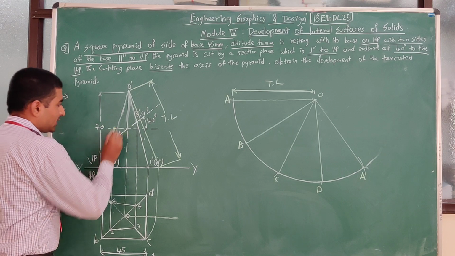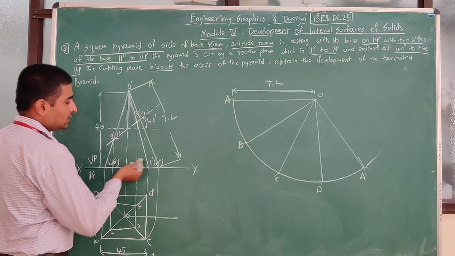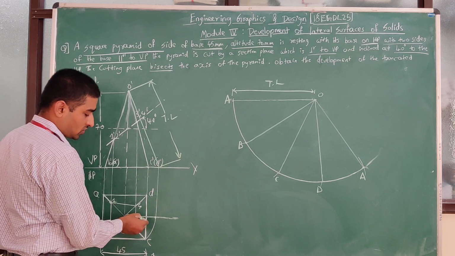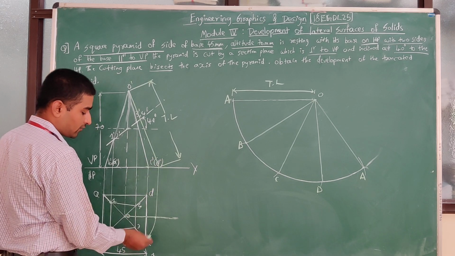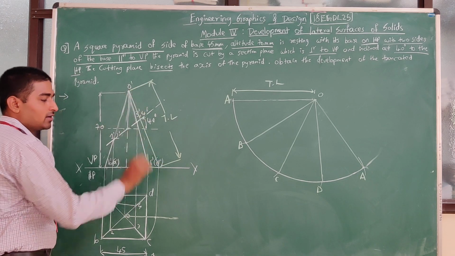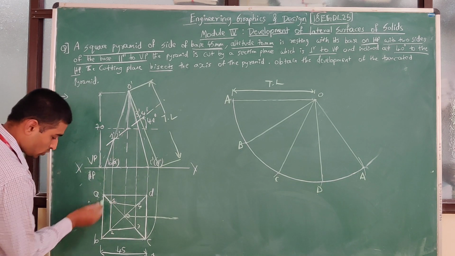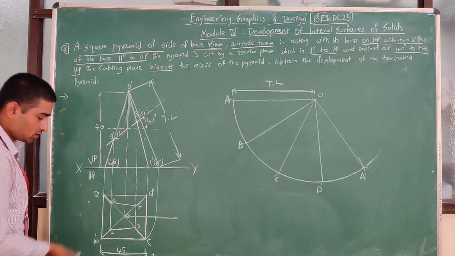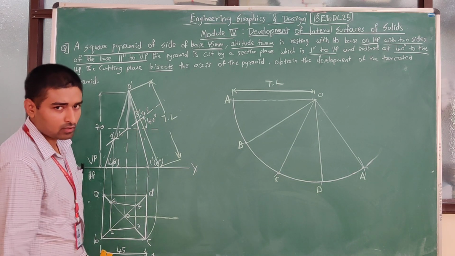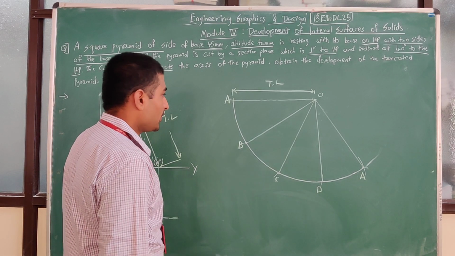So this length, if I take it, is inclined now, so it will not be the true length. To find it, just take an arc from C, measure it, project it on the xy line, and join it. So this will be my true length. Because the distance from A to B that we have taken here is the true length of the base. Yes, of course, because it is directly 45 mm. Okay. So once we have done this, let us start with the development part.